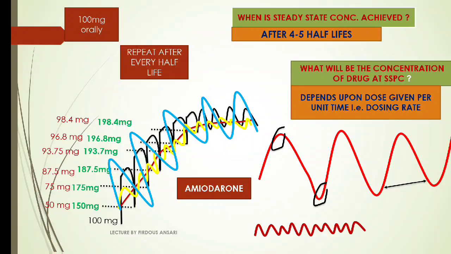For this, we are giving amiodarone a loading dose. A very high dose of amiodarone is given initially to initiate the action of the drug. So this initial high dose is known as the loading dose, and then afterward we regularly give small doses of 1 mg, 2 mg like that. That is known as the maintenance dose. The calculation of the loading dose and maintenance dose is also done with the help of clinical pharmacokinetics. So this is about the steady state concentration. I hope you understood what I wanted to deliver to you.